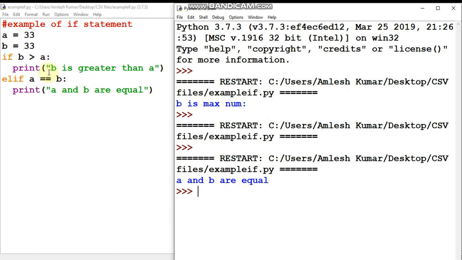I hope this one is clear to everyone. So you use elif when you want to check multiple conditions, if you want to place multiple conditions, in that case you have to use if